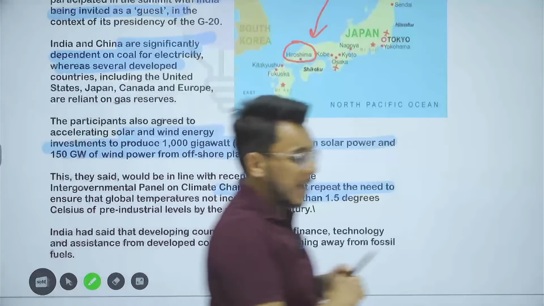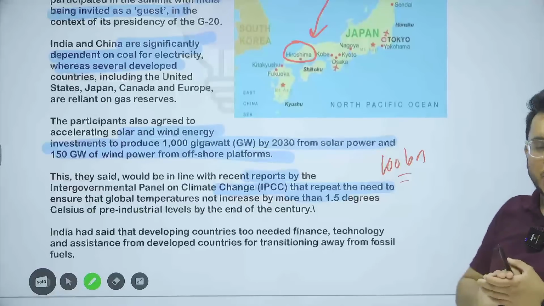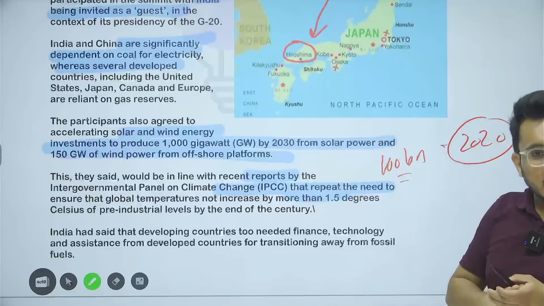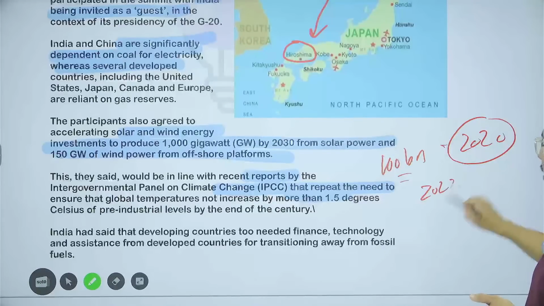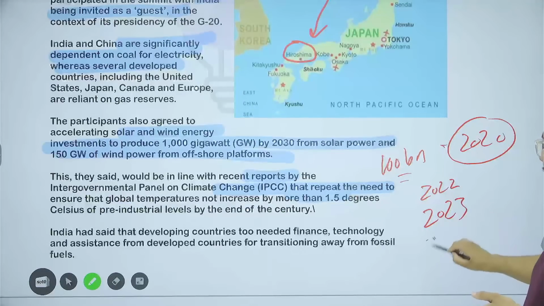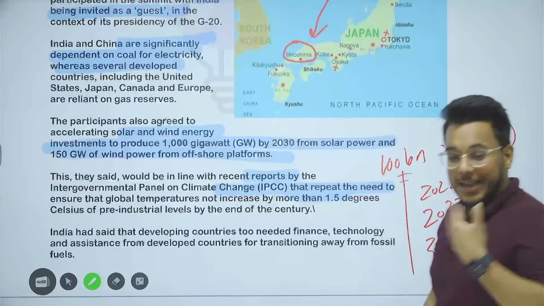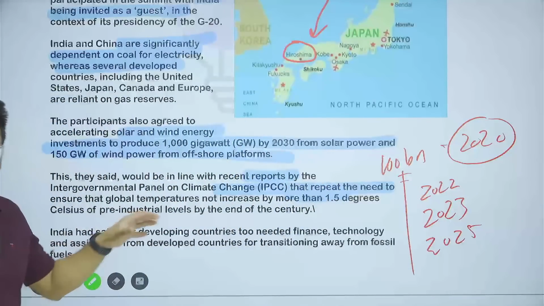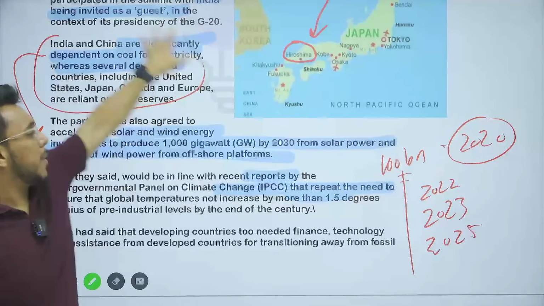By the way, guys, there was the plan that $100 billion will be given to the developing countries by 2020. But that particular deadline has been shifted from 2021, it went to 2022, then it went to 2023, now it has gone to 2025. So India says that if you want us to achieve all these things, you need to promise us the climate finance, you need to promise us the climate technologies and all such things. Moreover, please don't talk about the phase out of the coal right now, because we are dependent on the coal.